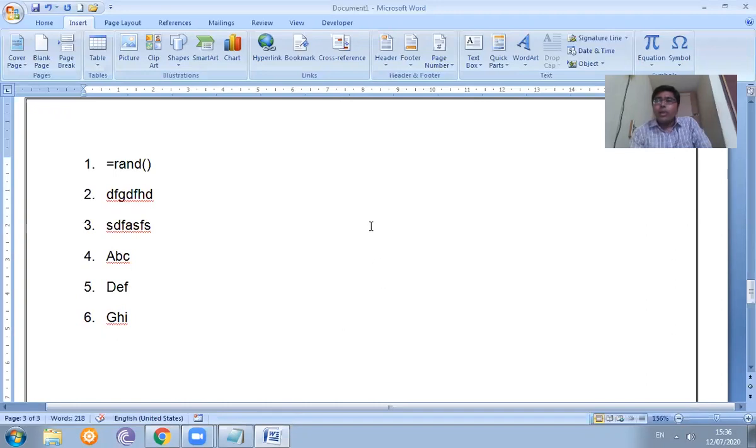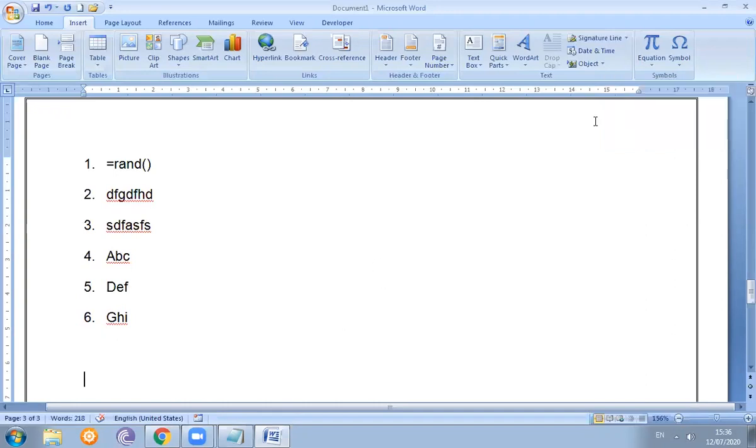How we use the insert menu is the most important thing. The insert menu has different sub-menus available. The first sub-menu of the insert menu is pages, so which type of pages we want to use or add is the most important thing. Here three different options are available. In this present document we already have three pages, but now sometimes we want to add one